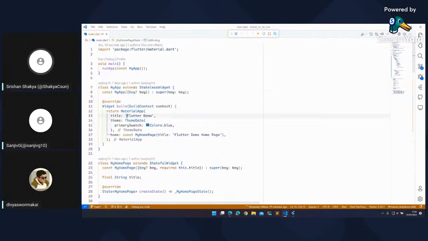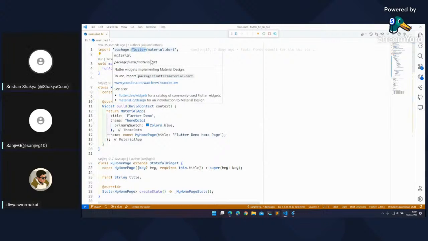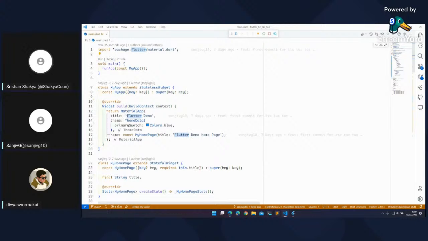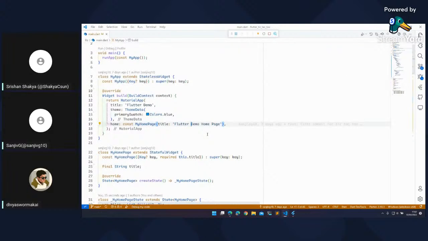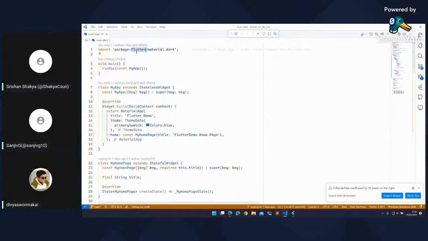Okay. But this also selects capitals. You can also make it so. Here is something particular: there is a match case and match whole word function. Right now I just selected Flutter with a small f, and if I press Ctrl Shift L, then it will also select Flutter with a capital F, Flutter demo. Let's just delete this. It will also select Flutter which is in the middle of words.